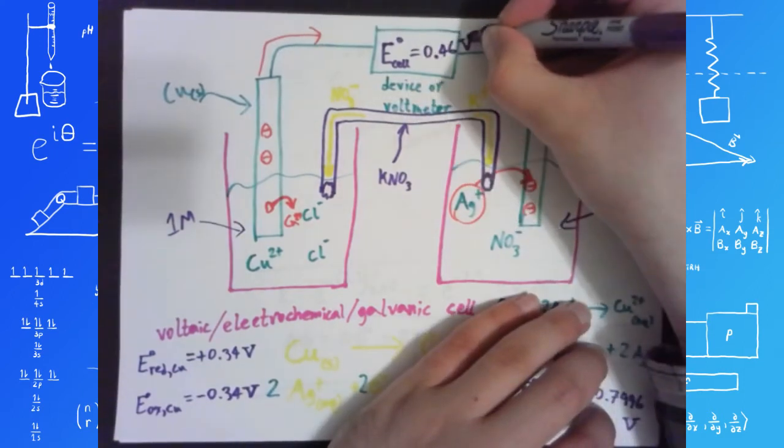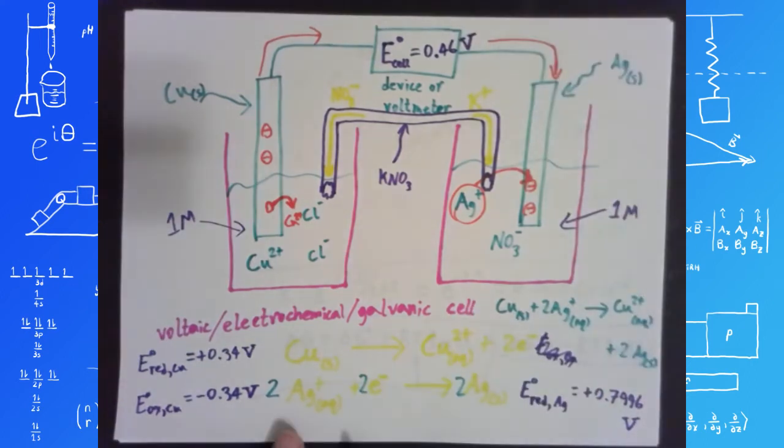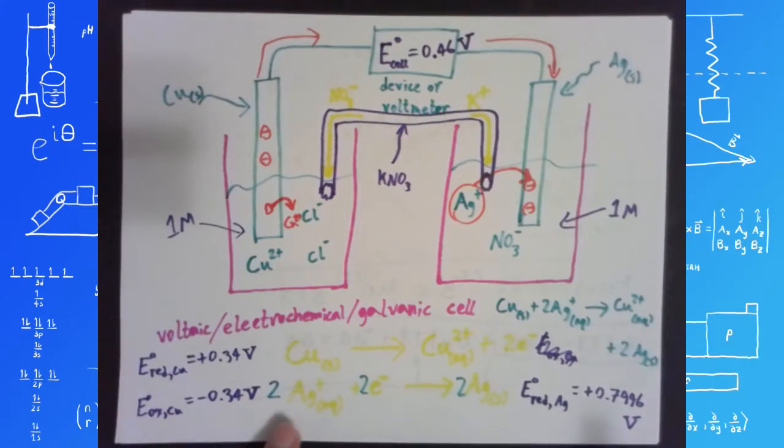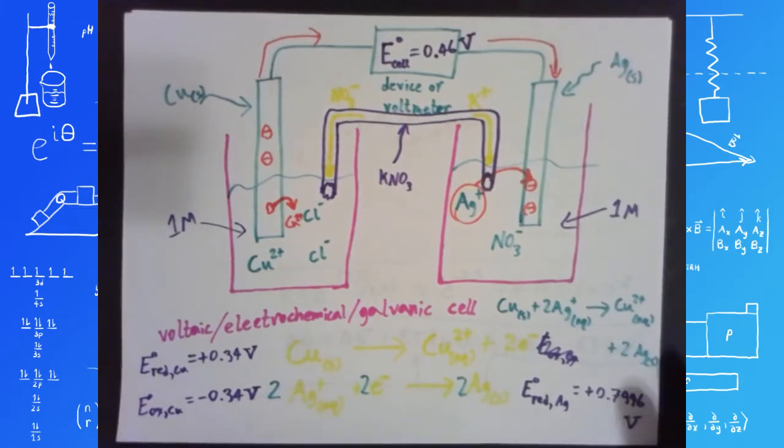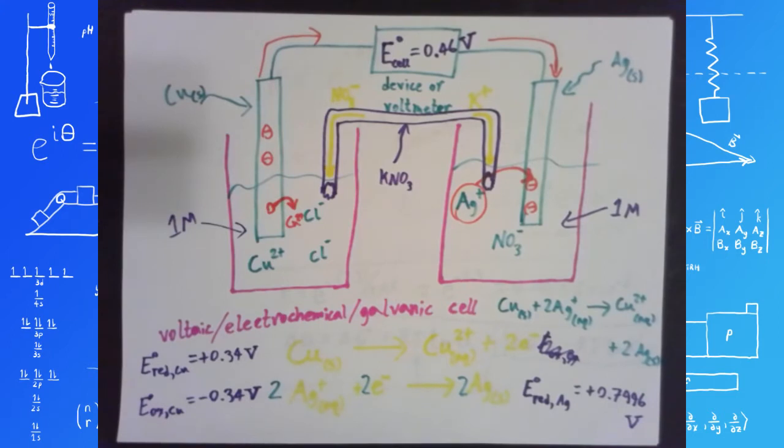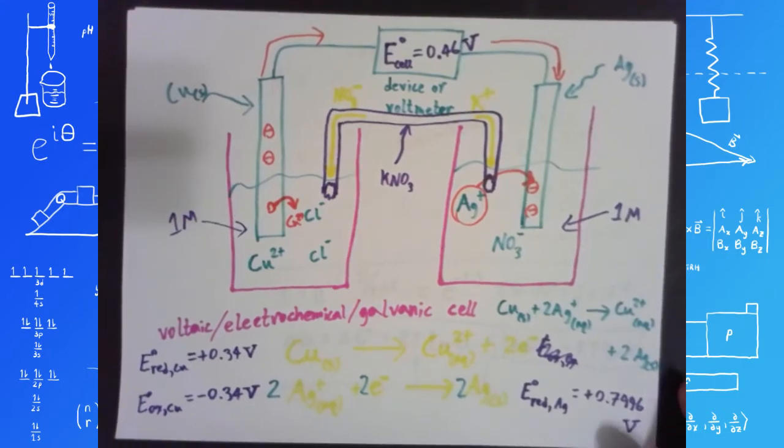Now, I can hear some of you going, wait, you multiplied the silver's reduction half reaction by 2. Doesn't that mean that you have to multiply the reduction potential of silver by 2? Shouldn't it be 2 times 0.7996 plus negative 0.34? No, it shouldn't be, because